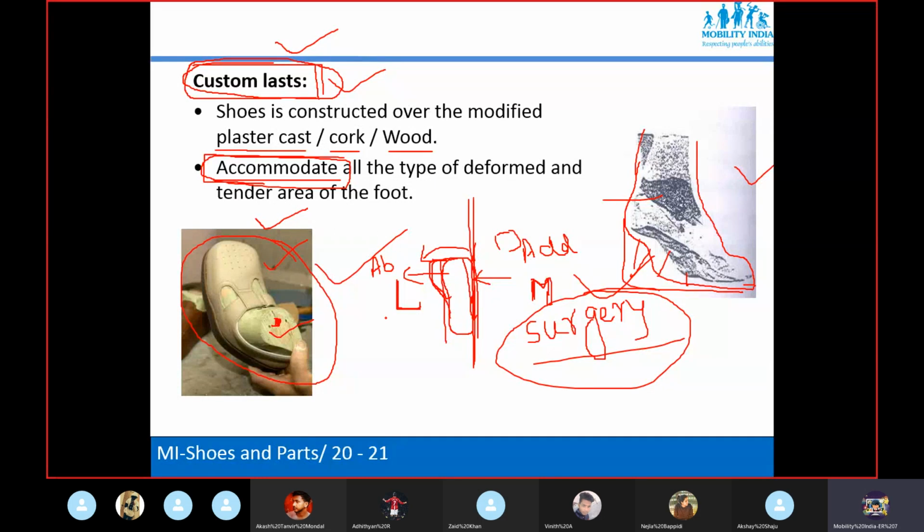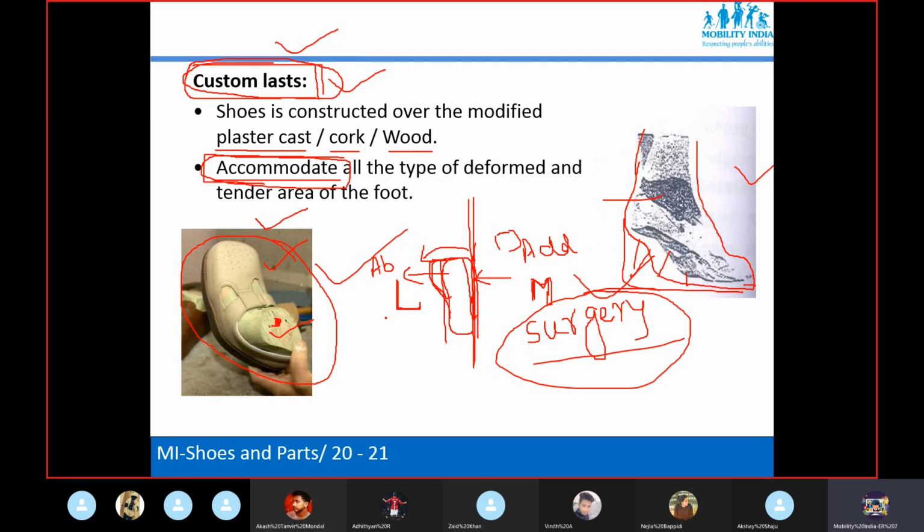See, orthotics is a big subject, okay? There is no limitation on how many questions will come. Prosthetics you have limited, okay? You need to study a limited portion. But orthotics is a very, very deep subject. The more you go inside, the more questions will come out. So orthotics is a very, very difficult subject. When you study prosthetics, you will see orthotics is very tough.